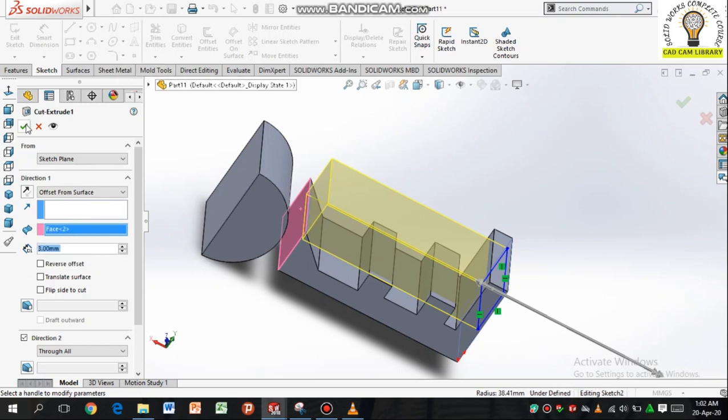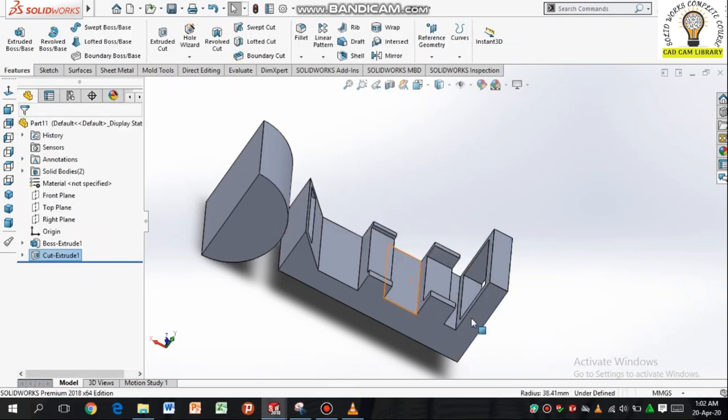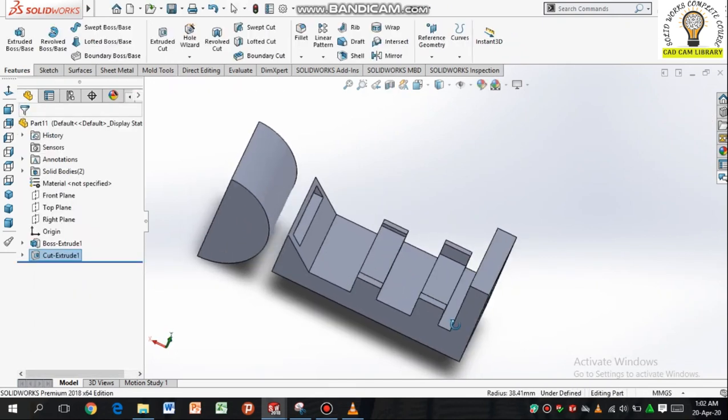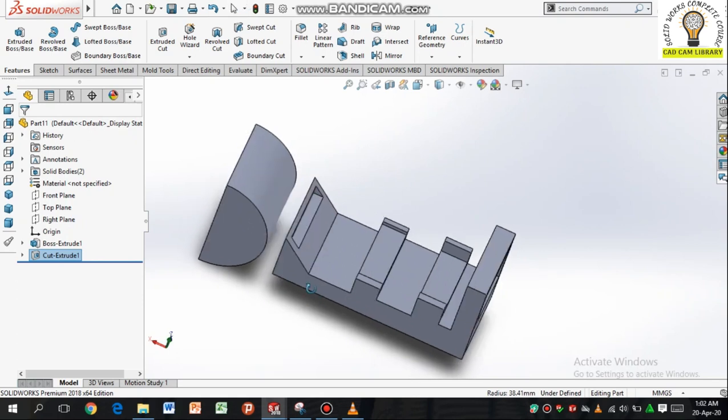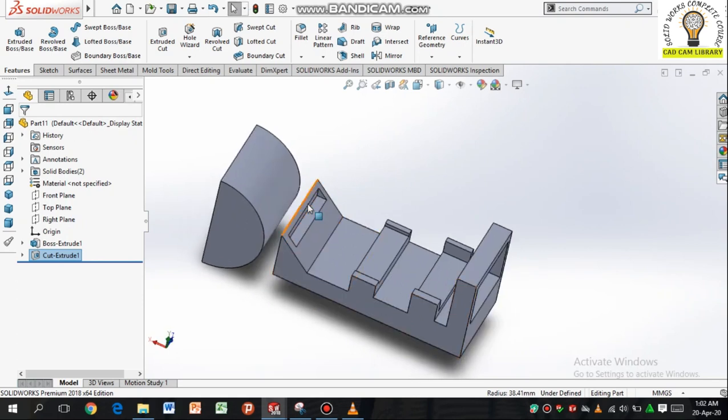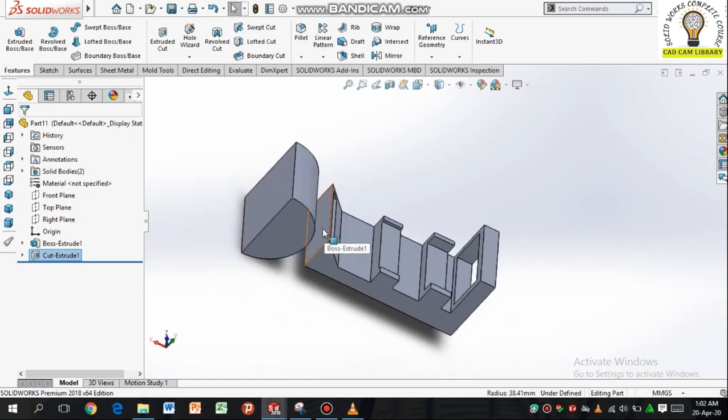Now click OK. Now you can see the cut is created offset from that surface, only 3 mm offset from that surface. You can see the cut is 3 mm behind that surface. Now again go to the edit feature.